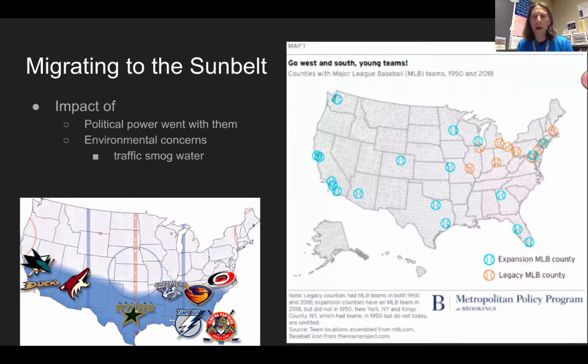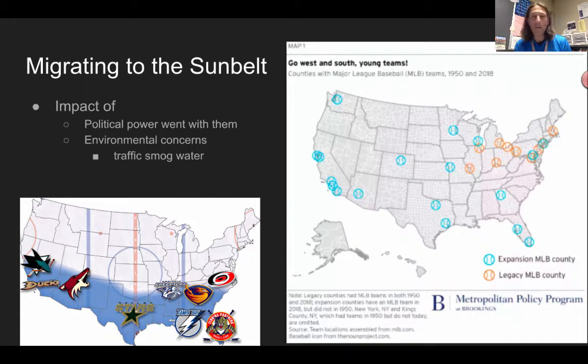So when we look at some of the impacts, both from the standpoint of suburbs and from the Sun Belt, as people are moving from the inner city to the suburbs, or as people are moving from the north and the east to the south and the west, political power is going to go with them, because as they do this census data, they're going to redraw districts, and the places that are experiencing the most growth are going to get the most representatives. And those people that are experiencing the most loss are going to lose the most representatives. And so all of a sudden, especially the inner city and the Northeast, aren't going to be nearly as politically powerful as they once were.